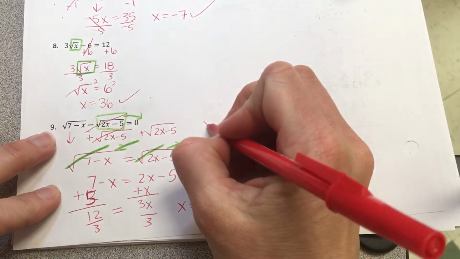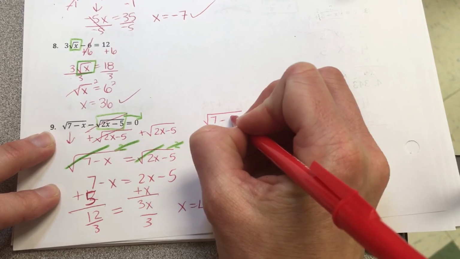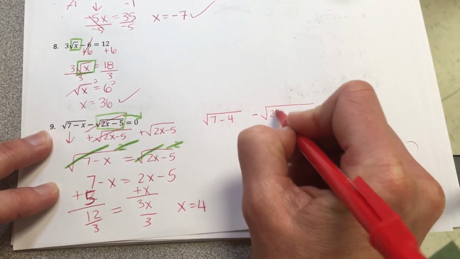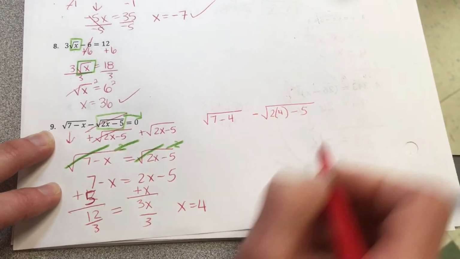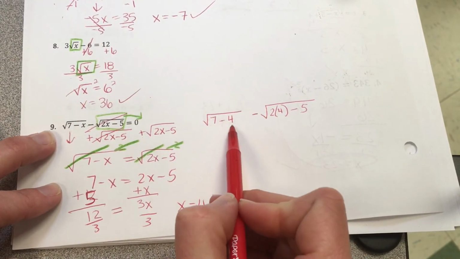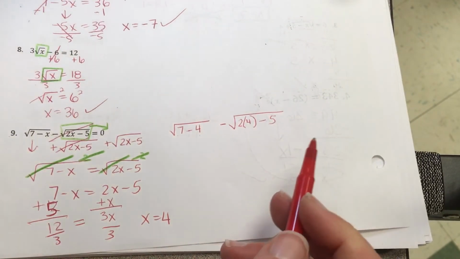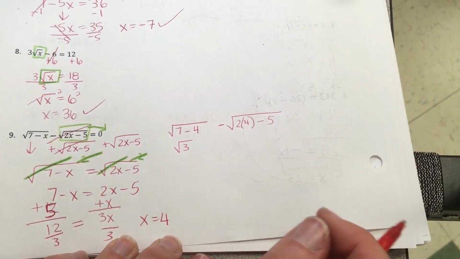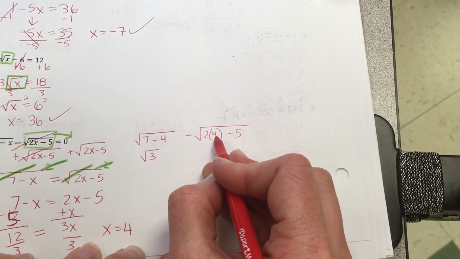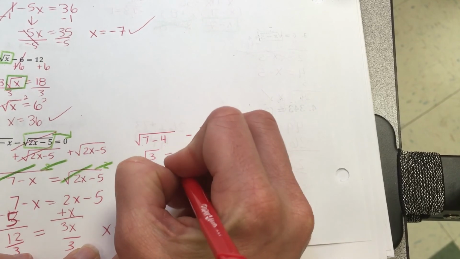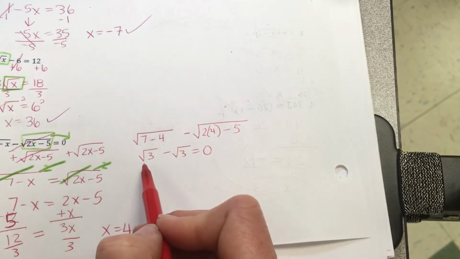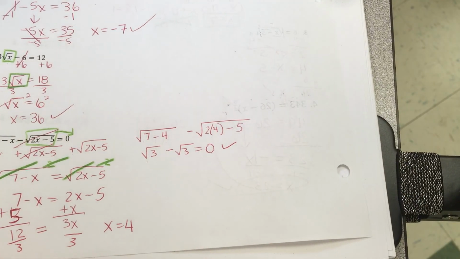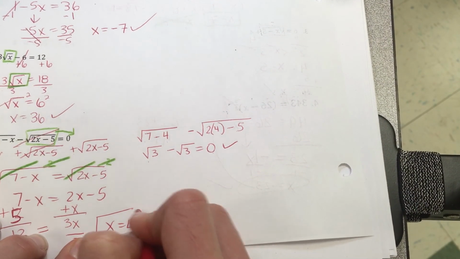All right, let's check it. So I'll write this one out. 7 minus 4 minus the square root of 2 times 4 minus 5. Okay? 7 minus 4? 3. So this would be the square root of 3, which you can't do. That's irrational. 2 times 4? Minus 5? So would the square root of 3 minus the square root of 3 give you 0? Yes. Right? So 4 is my